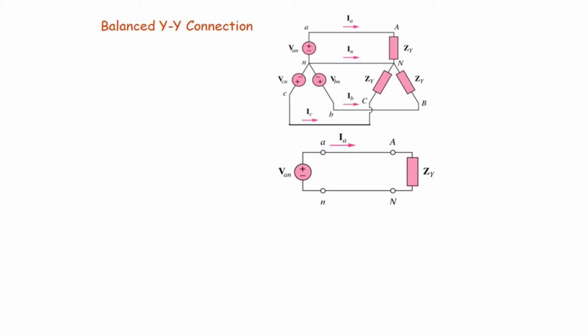Okay. So if you have a balanced system, then what we do is we just take one phase. This is one phase, and solve to find out all the parameters, and then we simply multiply to get the results for three phase. And since in the balanced system there is no current flowing through the neutral, this wire can be eliminated, and whatever is left is called the single line diagram. So the whole system is represented by just one single line diagram.